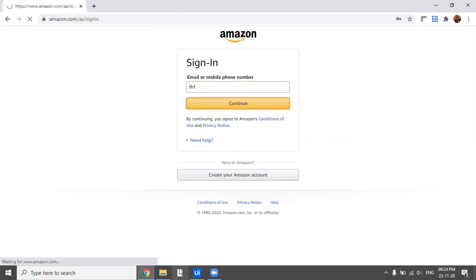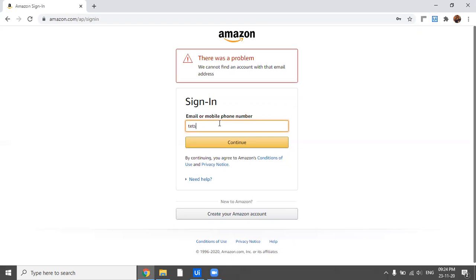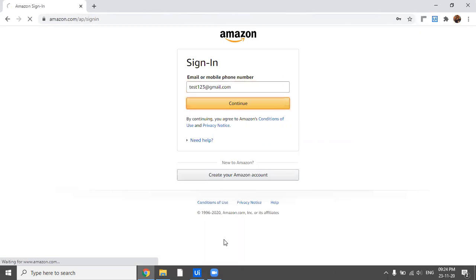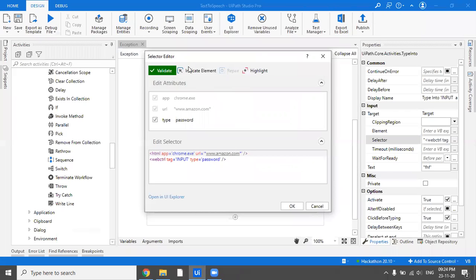So let me just click on continue and move to the next page to find the unique selector for the password page, which does not get validated here. Okay, so I hope the problem which was there in our code is clear to you.